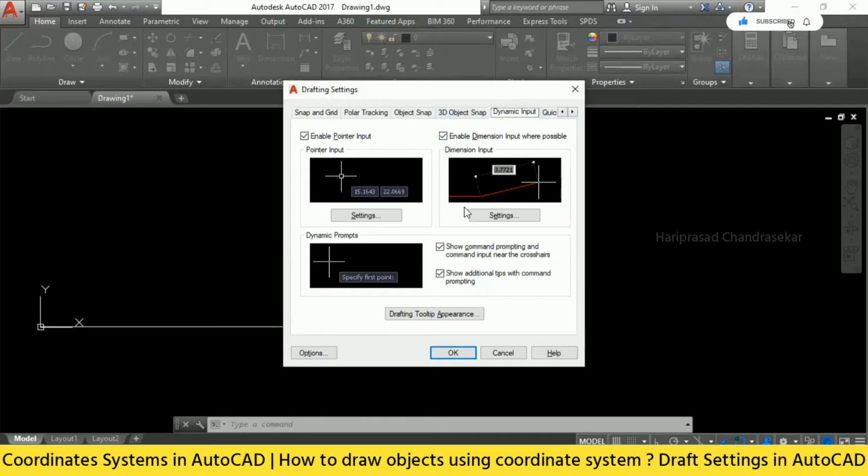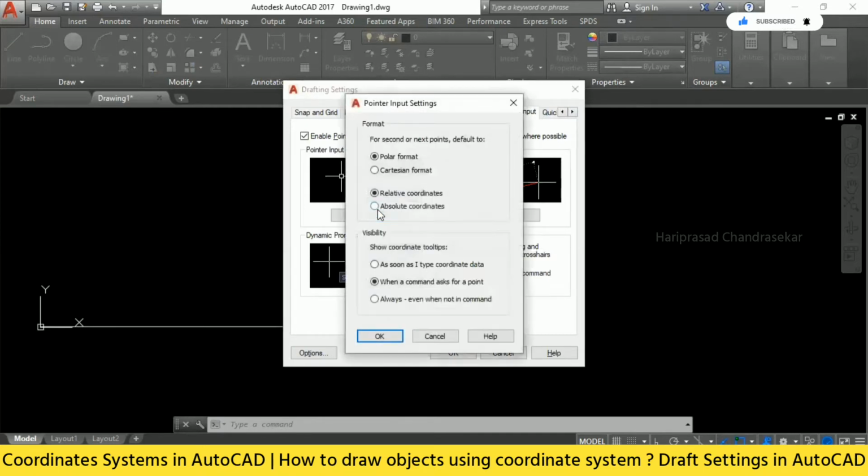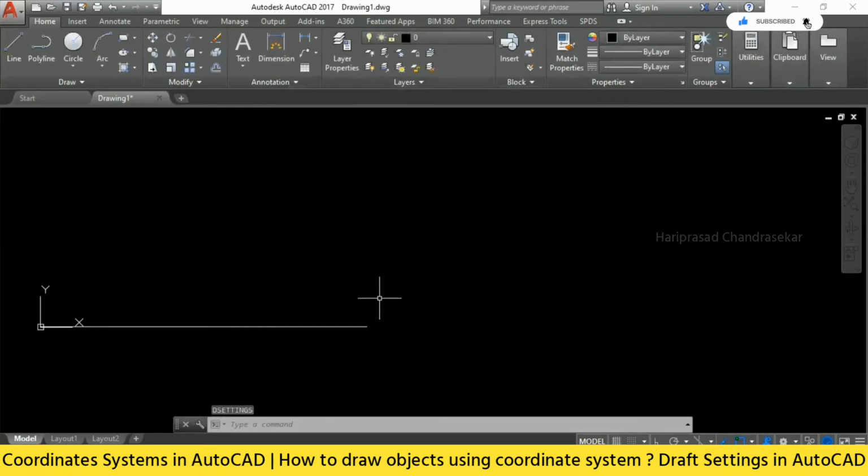In dynamic input, we can make use of settings. Here we have polar format or Cartesian format, and relative coordinates or absolute coordinates. I will go for absolute coordinates now. This is what we are looking for. Click OK and click OK.